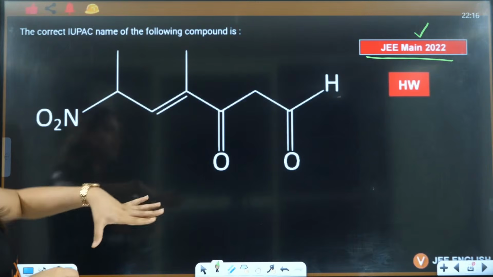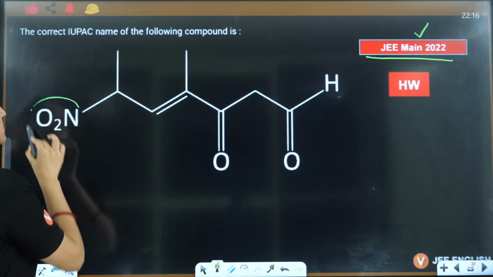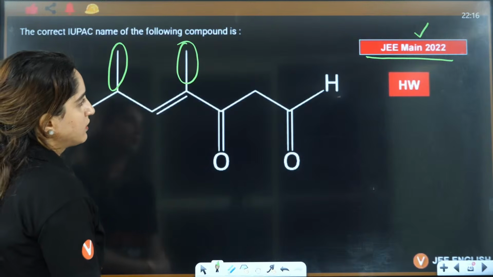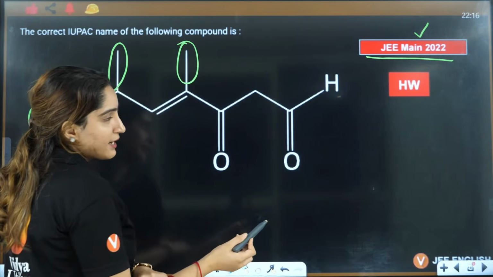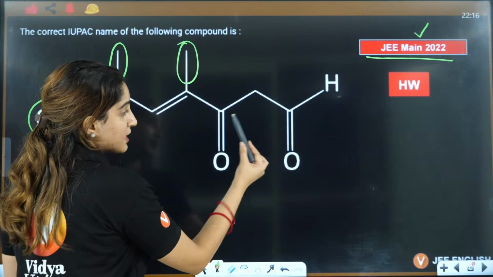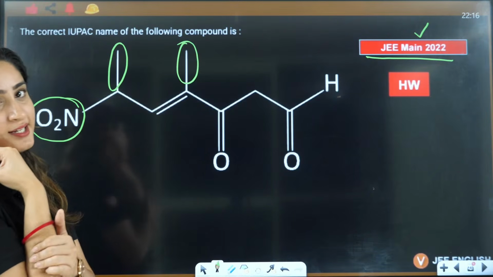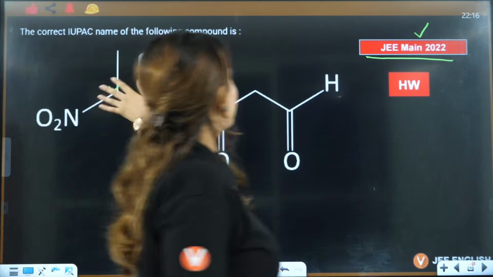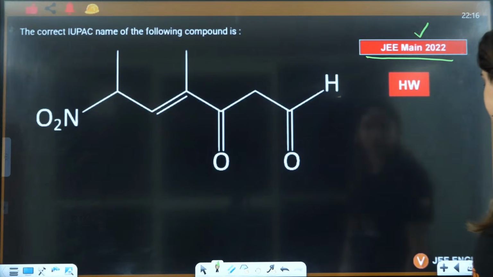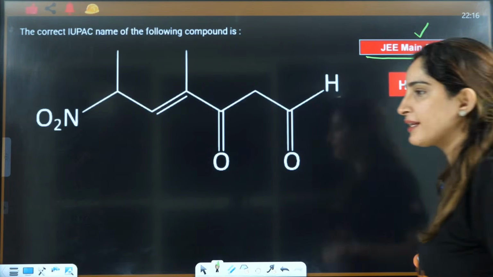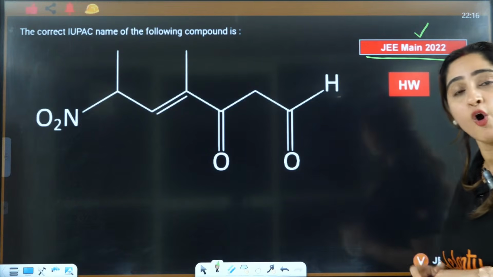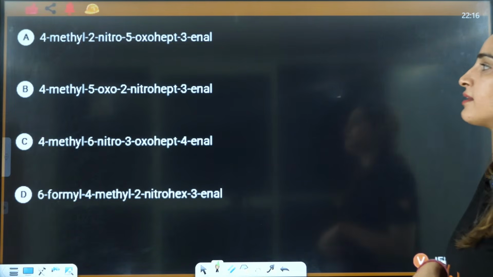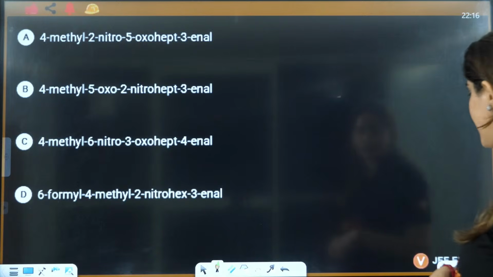I'll just give you a hint here. This is the substituent. This will be the substituent. This is CHO, right? This is CHO and this is ketone, right? Now you will see from the priority list, tell me what will be the answer, okay? JEE 2022 question it is. Everybody take the screenshot and answer me in the comment section what will be the correct answer here. These are the 4 options, take the screenshot of these options as well.